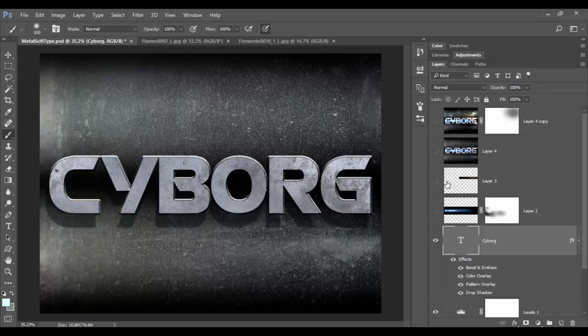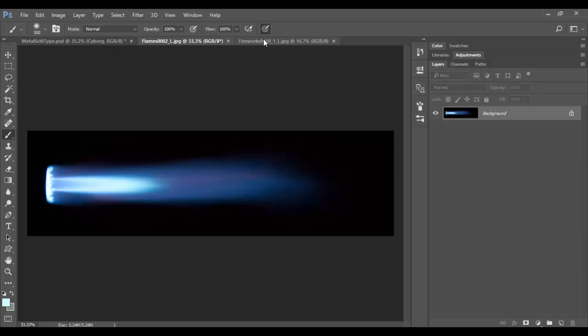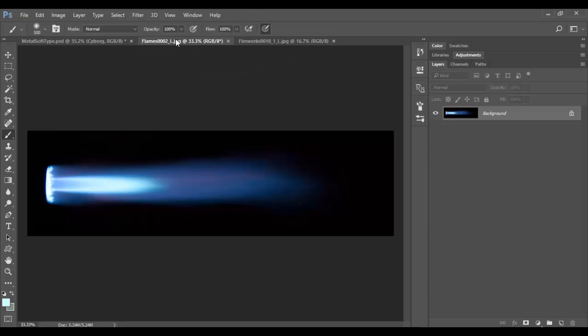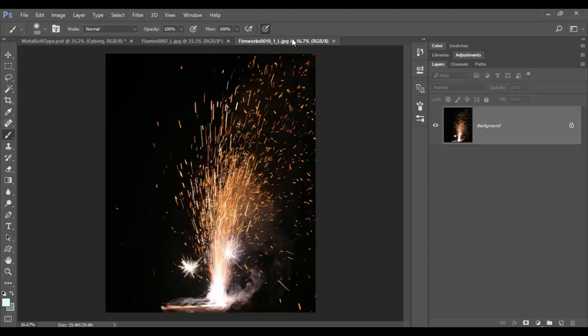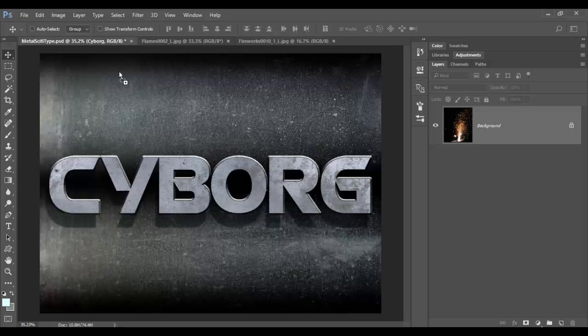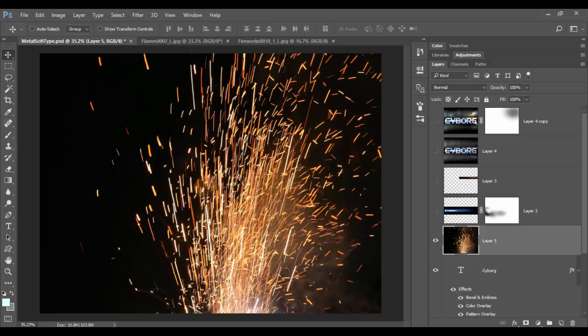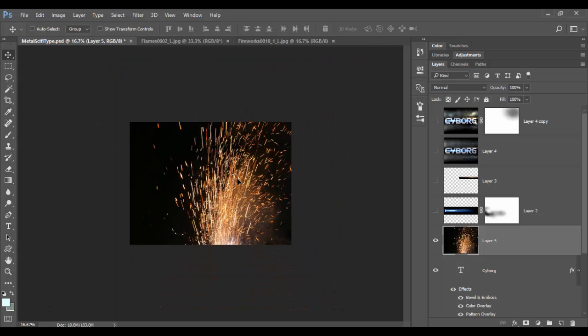So the actual lighting effects are done right here and here through these extra layers, which are just flames and fireworks from different sites like cgtextures.com primarily. You can go to their sites and download whatever lighting effects you like, and these two are pretty cool. All you gotta do then is move them in and drop them down. Of course, they'll usually be too big depending on the image you're working with, but in this case it's quite large,